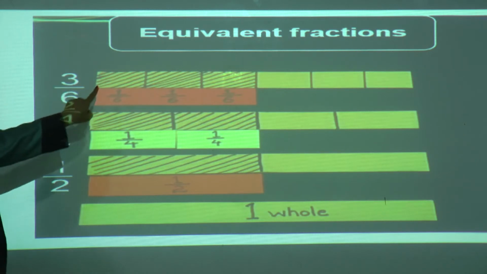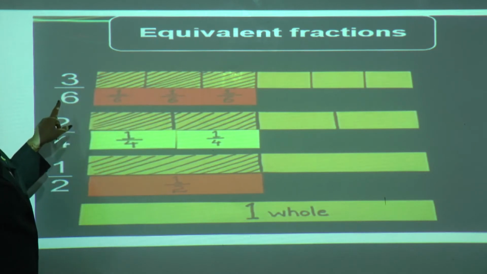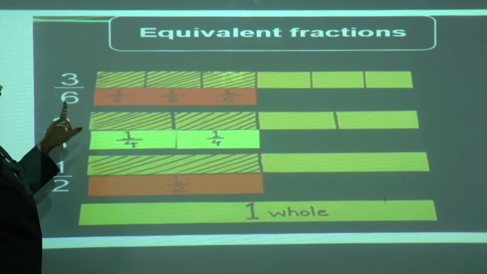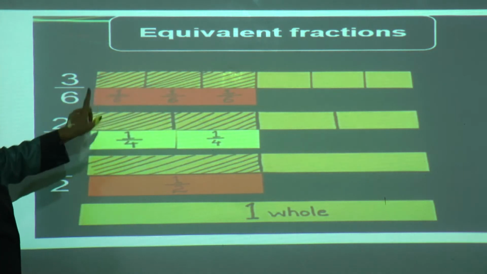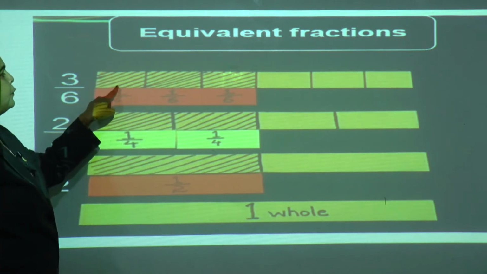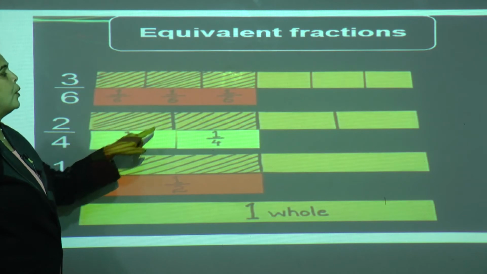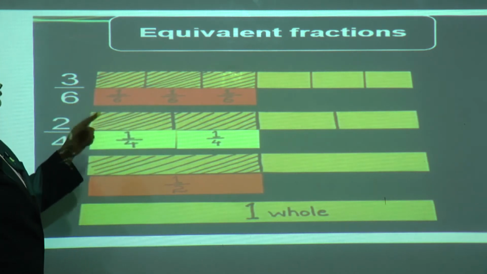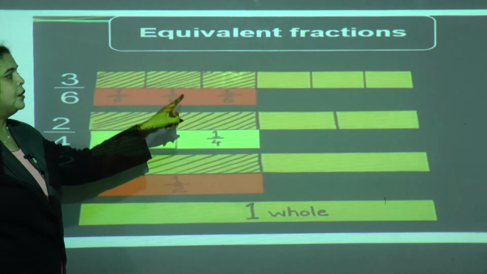Yes, we had done this on a strip of paper by folding the strip into 6 parts. We divided it into 6 parts and out of these we shaded 3 parts. So what will one part be? One part will be 1 upon 6. Another part will also be 1 upon 6, and then also 1 upon 6. Out of 6 parts, the first one is shaded, the second one is shaded and the third one is shaded.